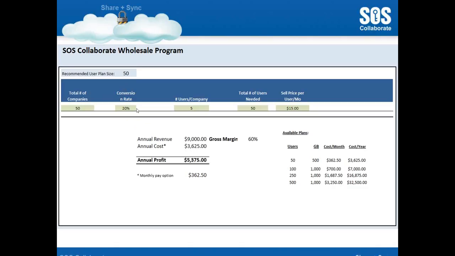broad market application. So what I mean by this, backup is still very nerdy. I say that as a backup engineer. It is still very much a nerdy product segment, and it is not broadly attractive to typical business users and executives. So picking on Derek again, Derek here is an employee at SOS. If we weren't a backup company, he would never go out and buy SOS Online Backup to be used here at the company. Why? Because that's above his pay grade. He doesn't make decisions about SOS's backup management. Derek might go out and buy SOS Collaborate. So one of the things we're seeing in the market is